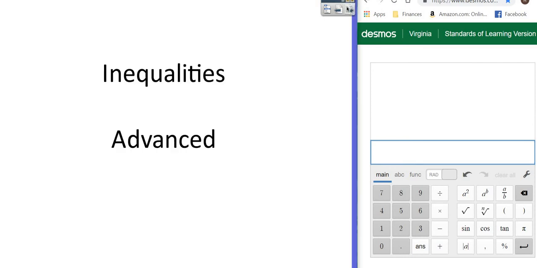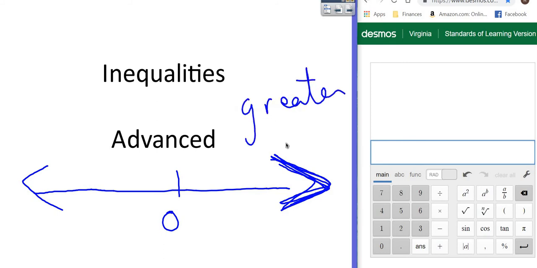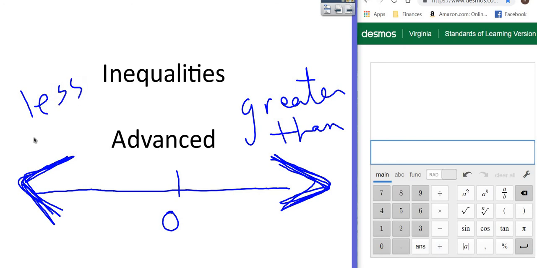All right, next is inequalities advanced, but before we do that, I want to show you something. When we have a number line, we know that all of these numbers are getting bigger. So that's where our greater than symbol comes from. And all these numbers below 0 are getting smaller, and that's where our less than symbol comes from. Always write this down somewhere just so you never ever get confused about whether something is greater than or less than. Okay? Next up, inequalities in